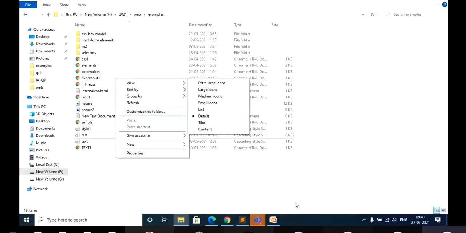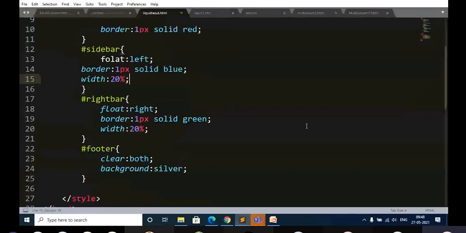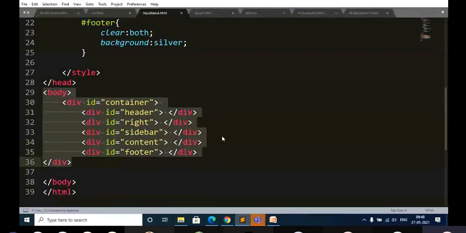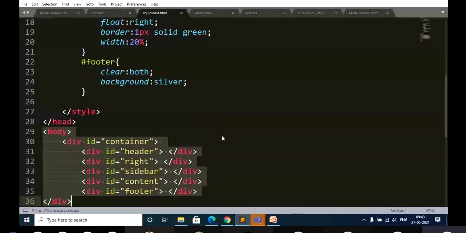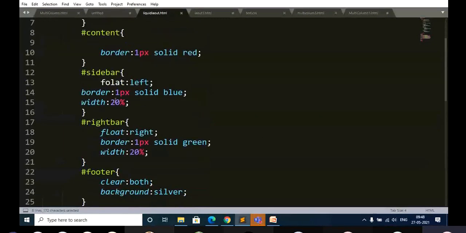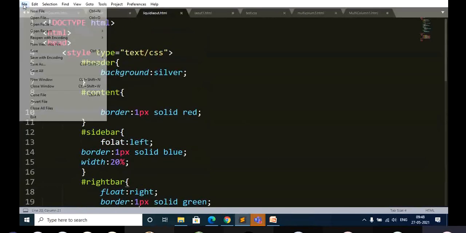So in this I have written embedded CSS only. Here also the HTML part is only this much. For each of these tags you are applying the style, and just observe what the main focus is: the width. You are specifying it in terms of a percentage. So what is the output you are going to get for this?